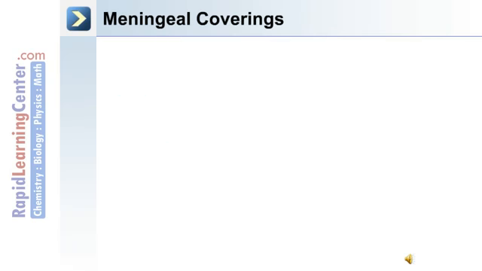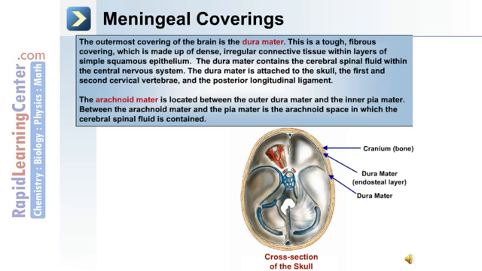Let's discuss the meningeal coverings in more detail. The outermost covering is the dura mater. This is a tough, fibrous covering which is made up of dense, irregular connective tissue. The dura mater contains the cerebrospinal fluid within the central nervous system. The dura mater is attached to the skull and the first and second cervical vertebrae, as well as the posterior